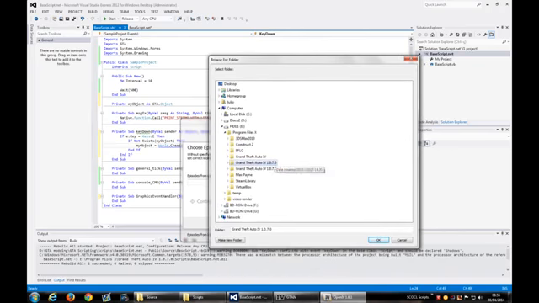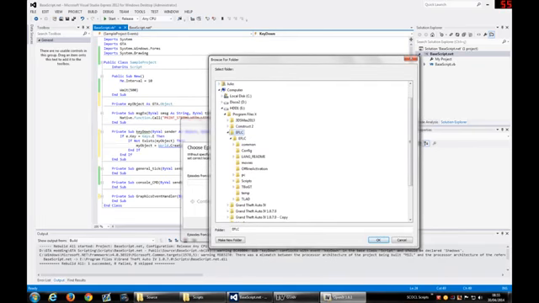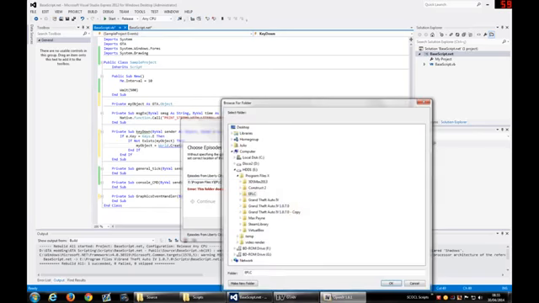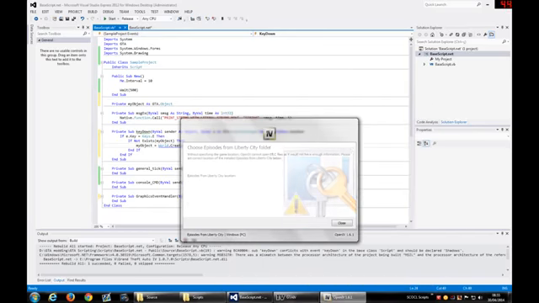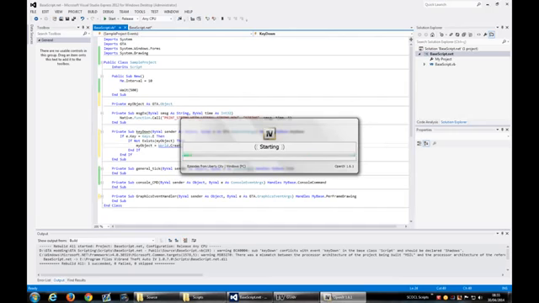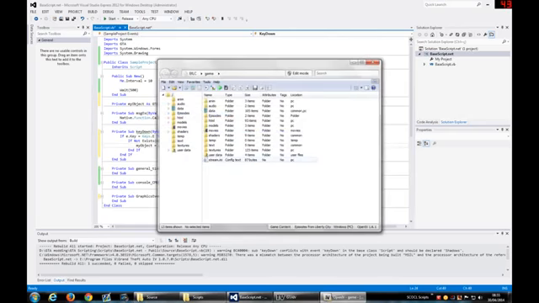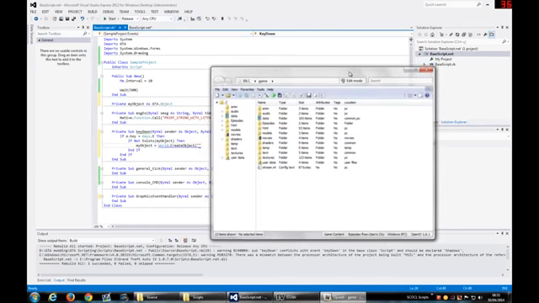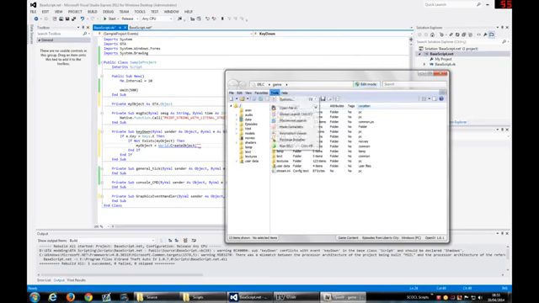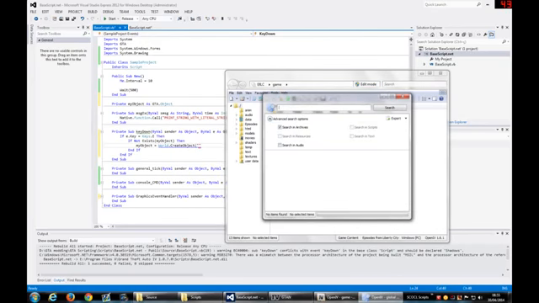Let me first set the EFLC folder because I installed OpenIV. Okay, so using OpenIV we can search for objects. Let me try to find, for example, burger. I'm not sure if this object exists or not.